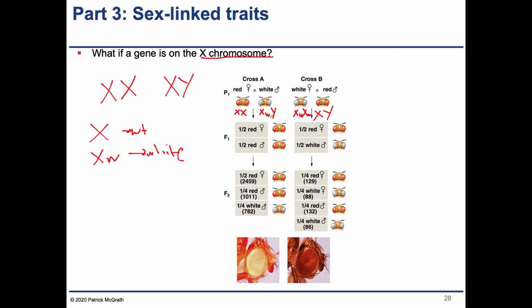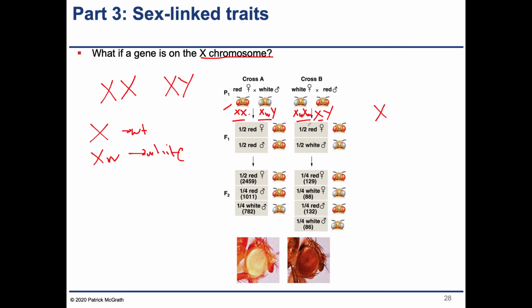And so you'll notice there's an imbalance. In the first case, even though it seems like you're doing a red with a white, there are two copies of the wild type X and one copy of the mutant X within the parents. And in the other case there are two copies of the mutant X and one copy of the wild type. So when you do this cross, this animal right here can only produce one type of